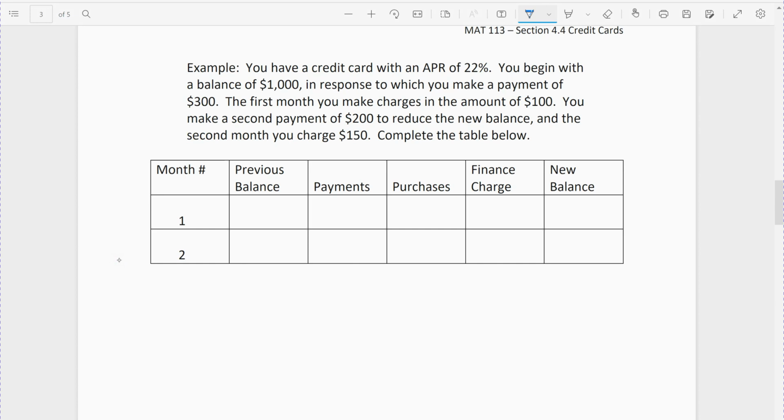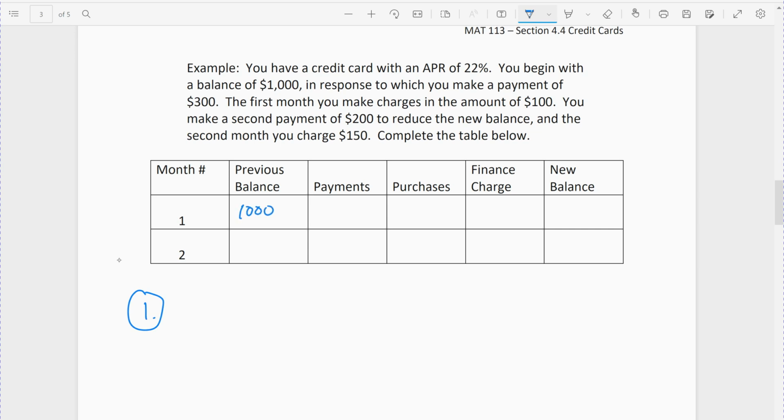And then you still charge another $100 to the account. So you add to your debt by $100. You make a second payment, so the second month. You make a payment of $200, reduce it, but then you also add $150 in charges. So we want to figure out, well, how much will your credit card debt be and how much finance charge will you be? All right, so for month one, the previous balance